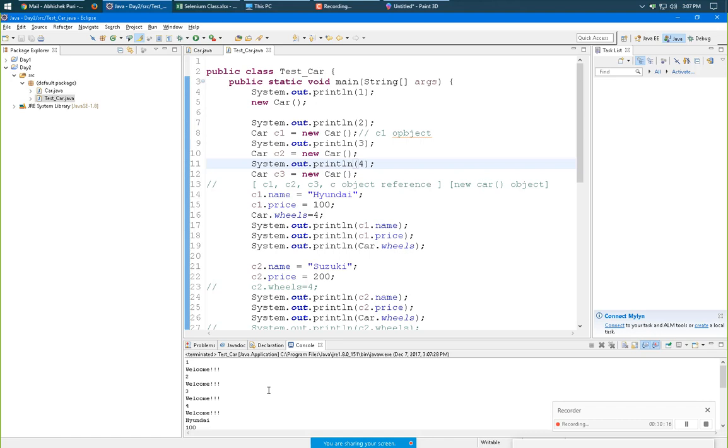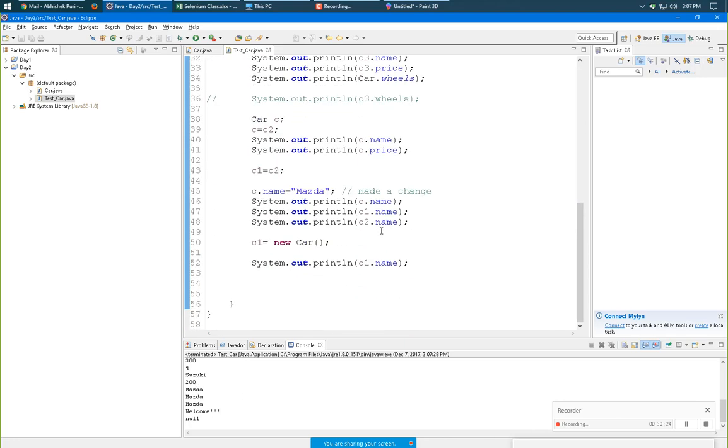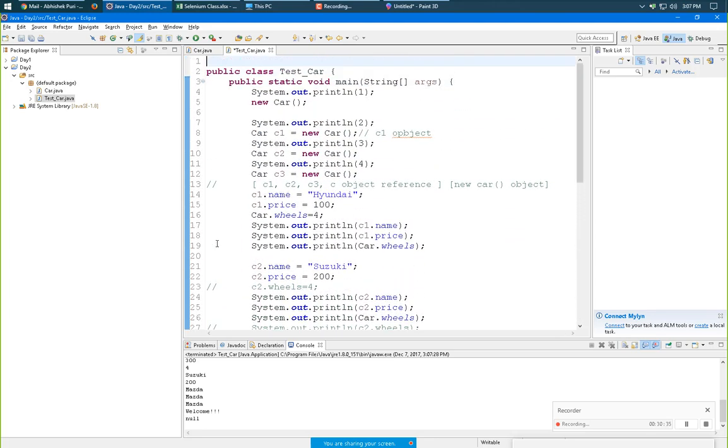See, 4 objects are being created. And I created a new object here also, so it is even calling the default constructor. So I'll just comment it out.